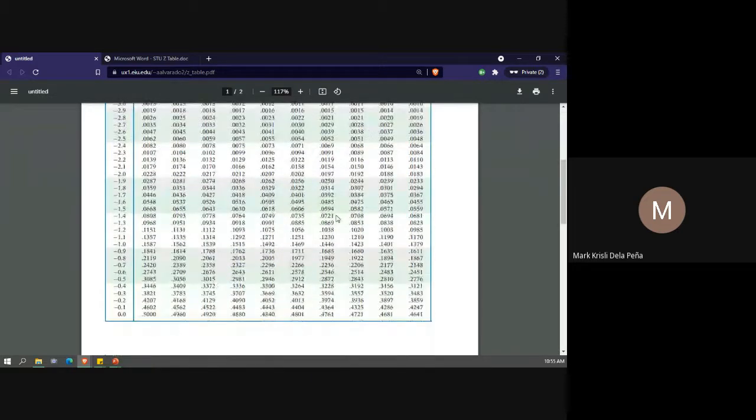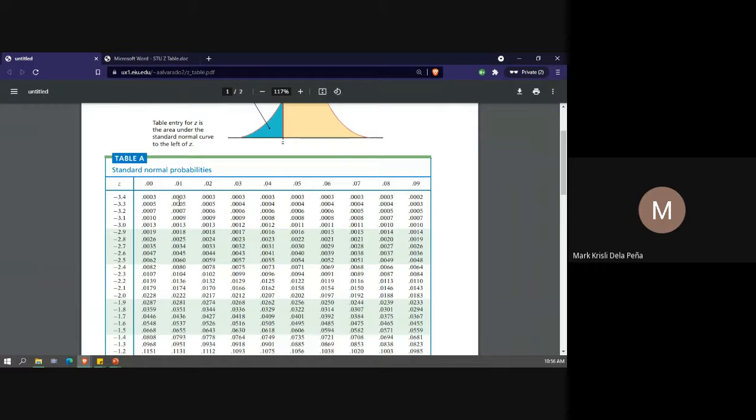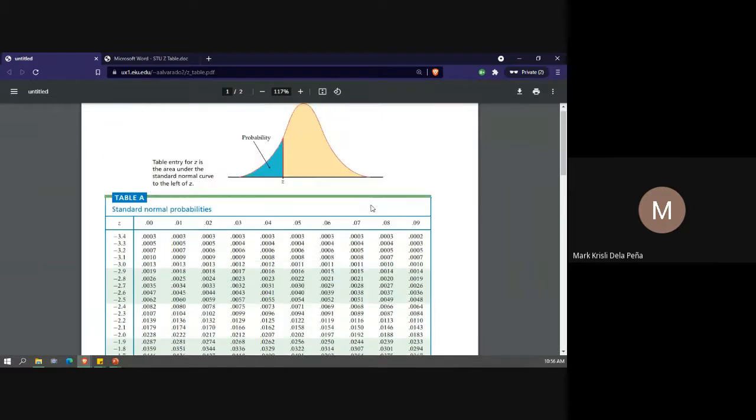The other one is just simple, but I think it's better in terms of the values because there are 5 decimal values in the area, and the z goes to negative 3.9, which means it has larger coverage compared with the other one. But I will be sending you these two links for your reference. You can download them and use them